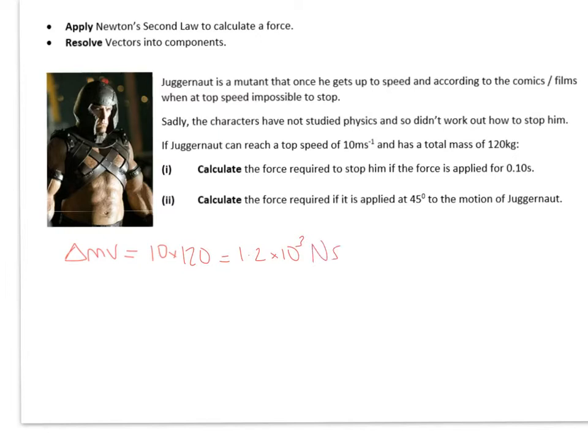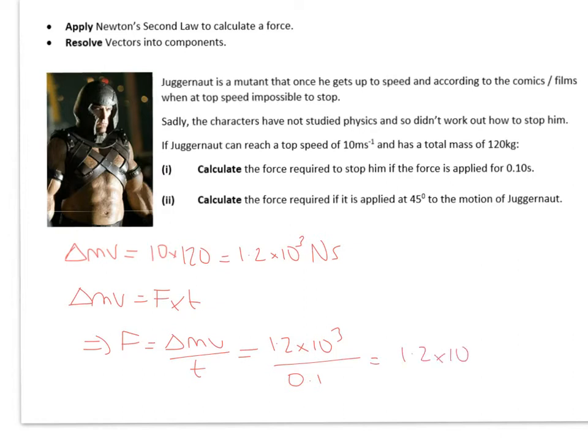So using Newton's second law, the change in momentum is equal to the force times the time it was applied. So we can get the force by taking the momentum and dividing by the time over which the momentum changed. So 1.2 times 10 to the 3 divided by 0.1 is 1.2 times 10 to the 4 newtons of force